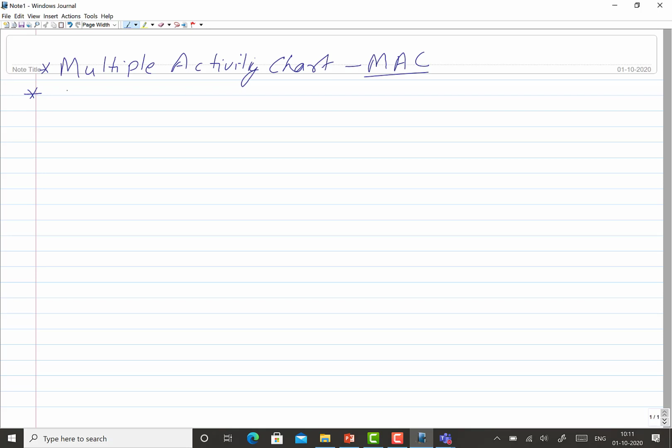So that is about basically the motion economy principles. Principles of motion economy. So there are three principles. About those principles I will be talking and how these are useful.